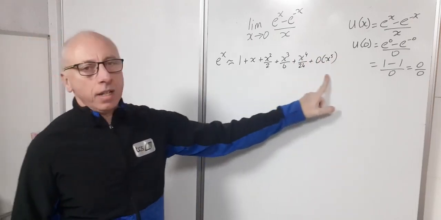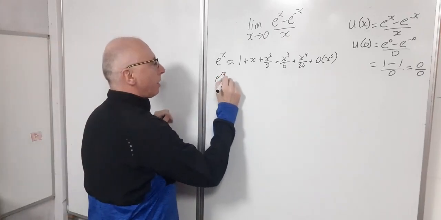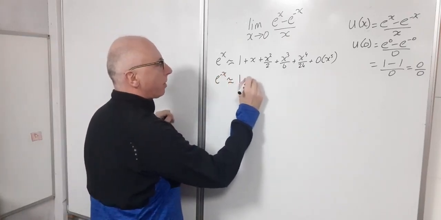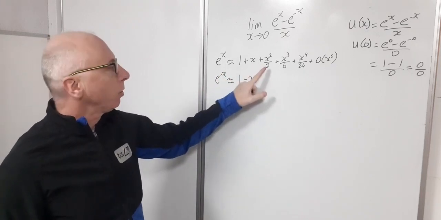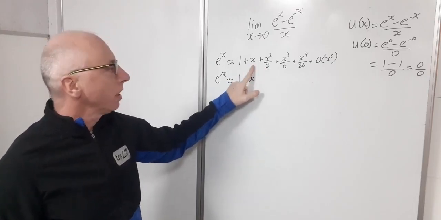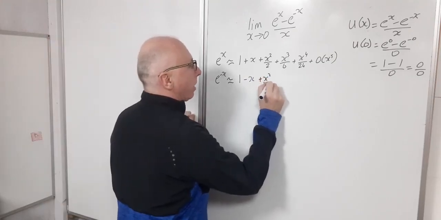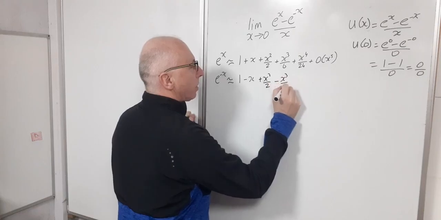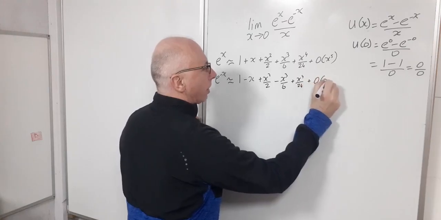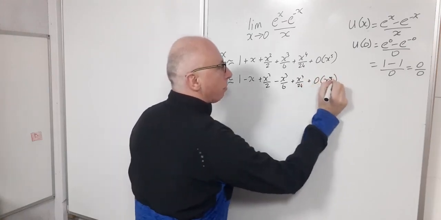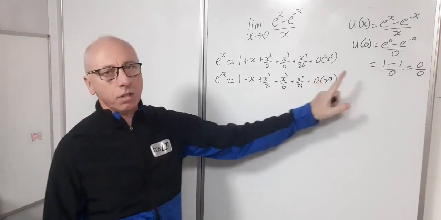So that's our e to the x. Now what about e to the minus x? So that's represented by 1 minus x. Now here, because it's got minus x in, we get a minus, so we've got alternating. So positives at the even terms, negatives at the odd index terms. So plus x squared over 2 minus x cubed over 6 plus x to the 4 over 24 and so on. So very similar looking Taylor series